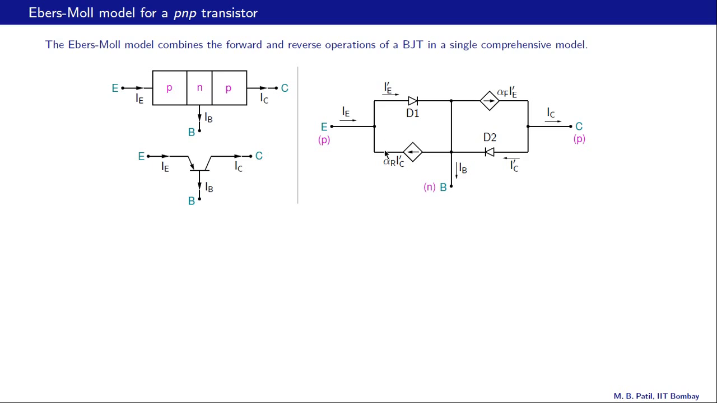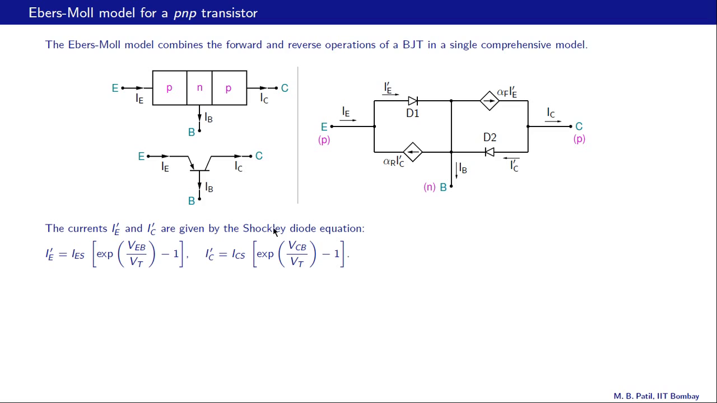Next, let us look at what IE prime and IC prime are. These currents are given by the Shockley equation. For D1, we need to take VEB as the diode voltage, and for D2, we have to take VCB as the diode voltage. And when we do that, we get